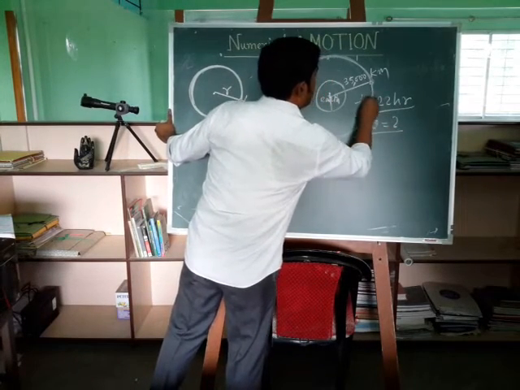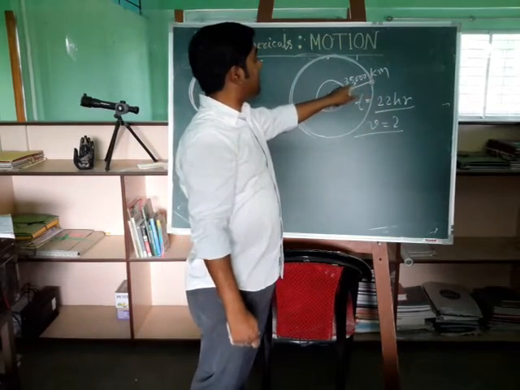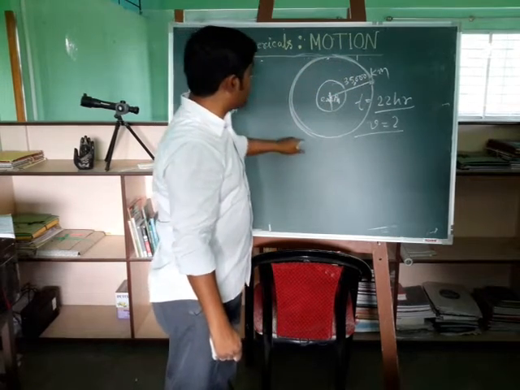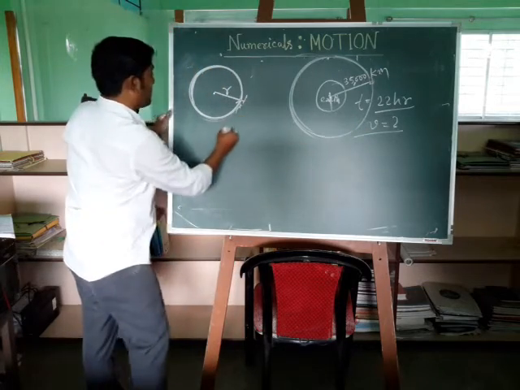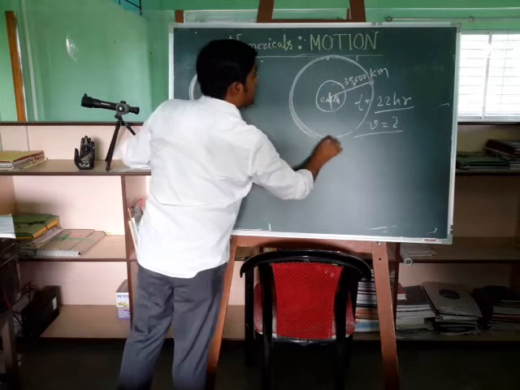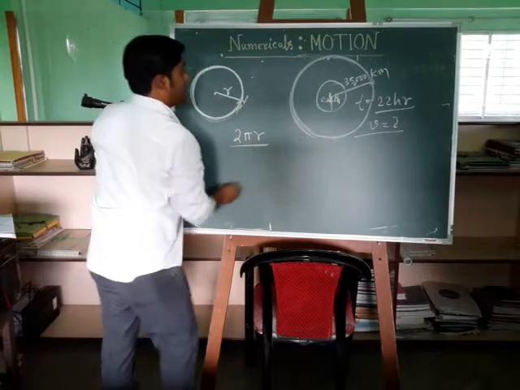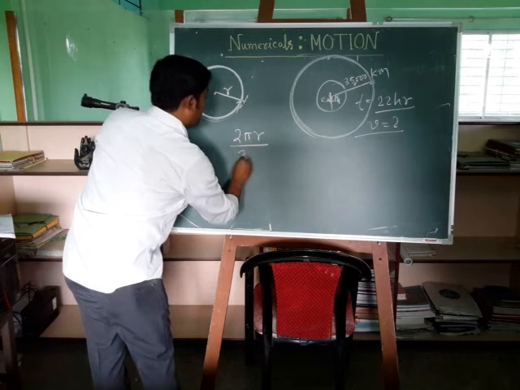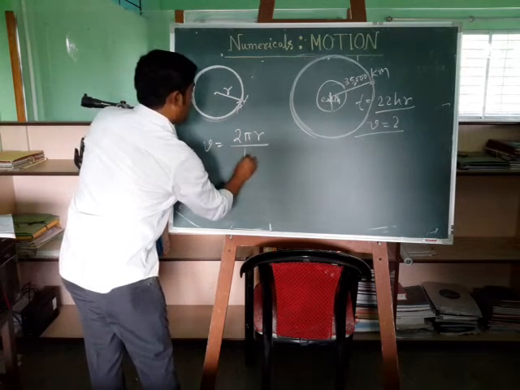See, the radius of the orbit is given, 35,000 kilometers. The satellite takes 22 hours to complete this rotation. What is the velocity? We have just written the total path length for one complete rotation. The satellite will go 2 pi r distance, and it takes 22 hours. So if I divide the distance by time, that will give me the velocity. So 2 pi r upon t, right?